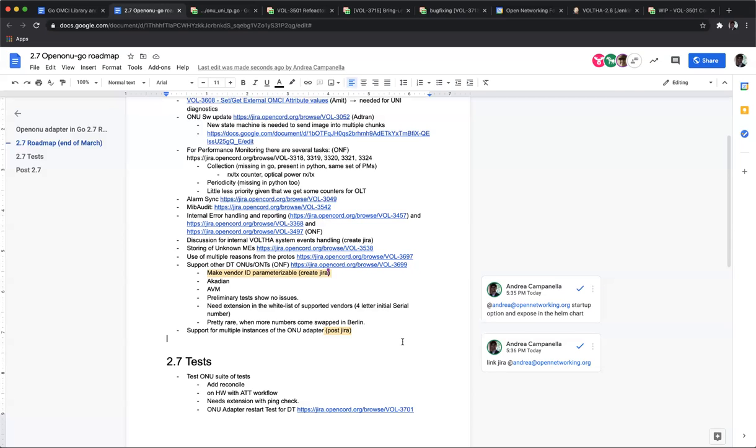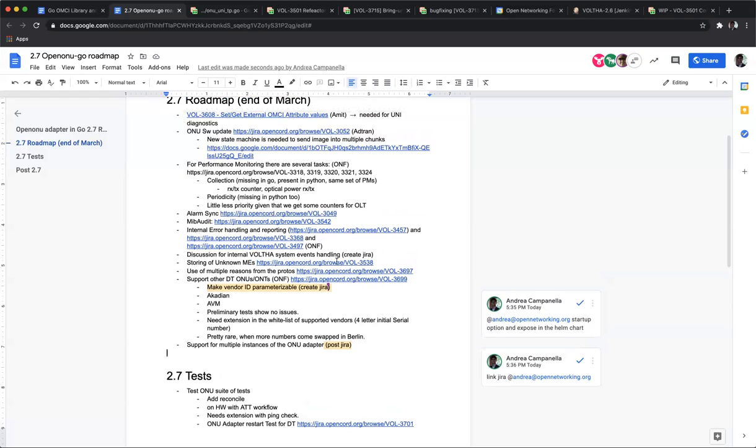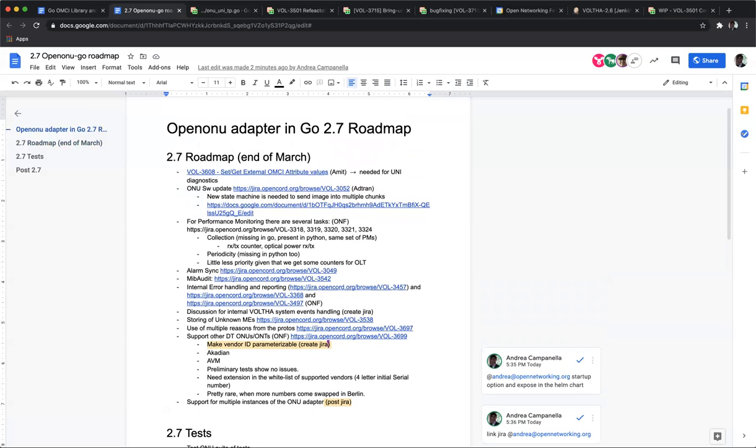Okay. Any other questions on the list of things that we want to get done for 2.7? Just a question about the redundancy in the adapters when you have more than one. You're talking about HA redundancy? And if so, how are you making sure only one adapter handles each request? No, no. I'm really talking more about, if you have 2,000 ONUs and you have 2 adapters, even if one of the adapters fails, it might only fail half of your ONUs.